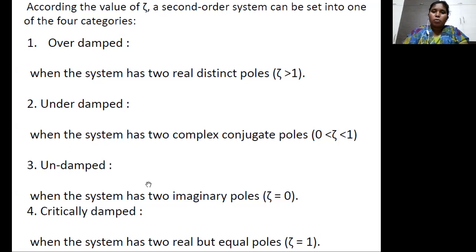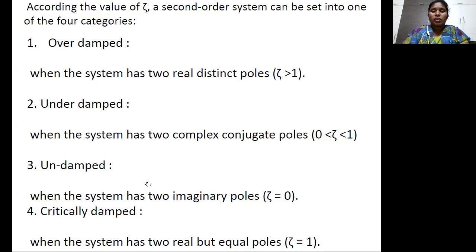So based on the poles and based on the damping ratio value, that means zeta, these second order systems are classified into four different types, as we discussed now. So in this class, what we discussed,